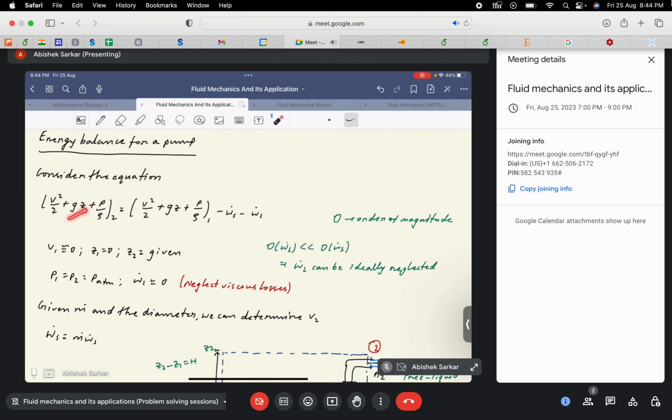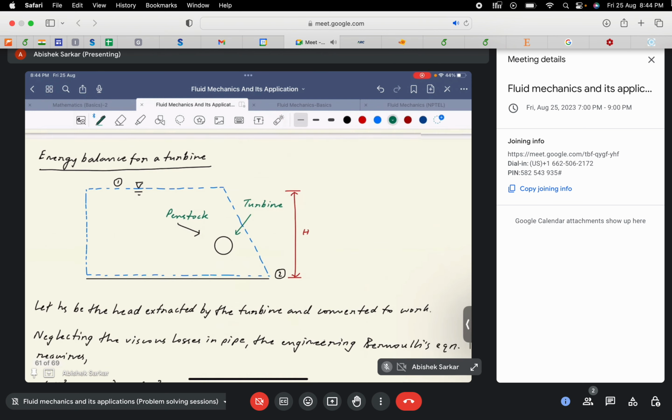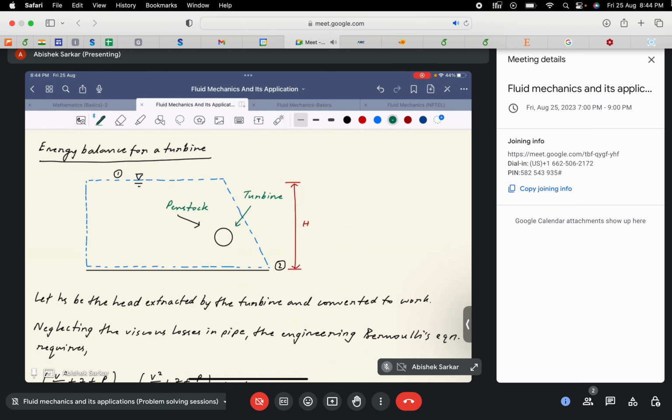This we know, these are cancelled out, this is taken to be 0, then we can easily find out V2 in terms of all the values that we already know. Now again we follow the same idea, we follow the same equation, and just the sign convention of the shaft work would change